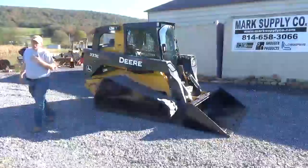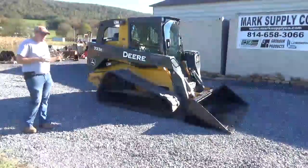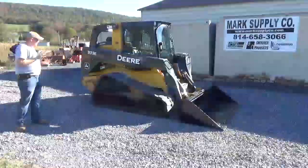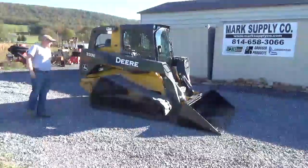Today I have for you one extraordinary machine here. This is a 2014 John Deere 333E series. E is an Edward. Rubber track skid steer loader. This thing is, as far as I'm concerned, John Deere has knocked one out of the park on these E